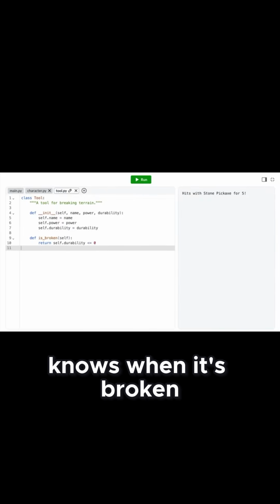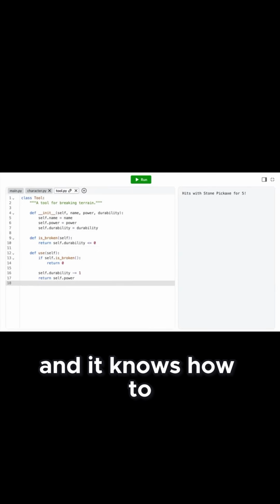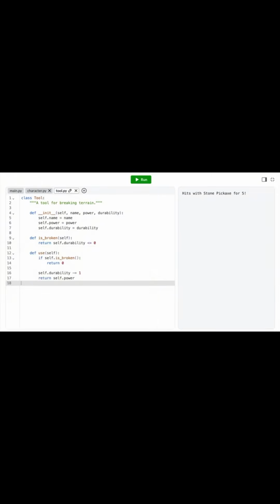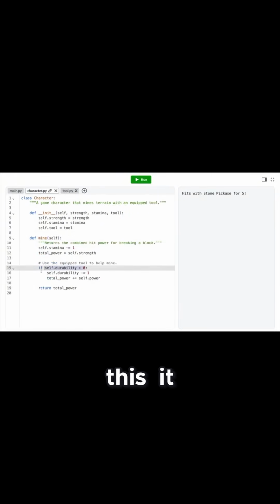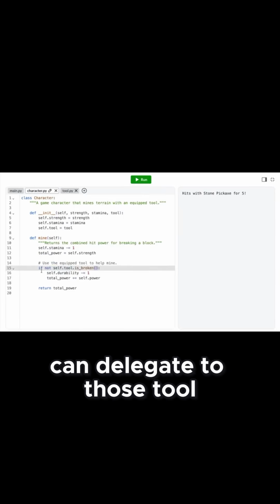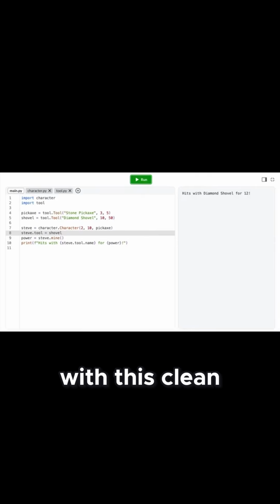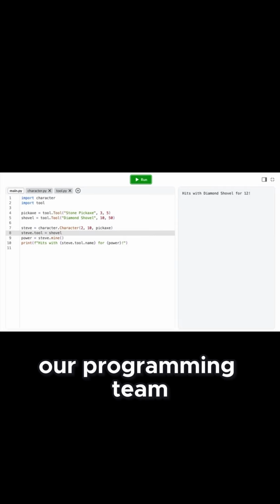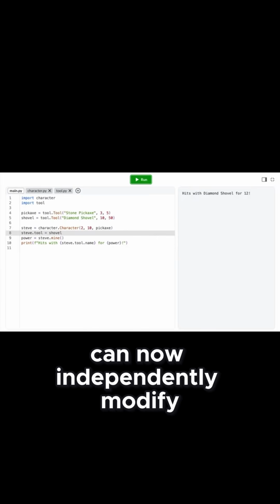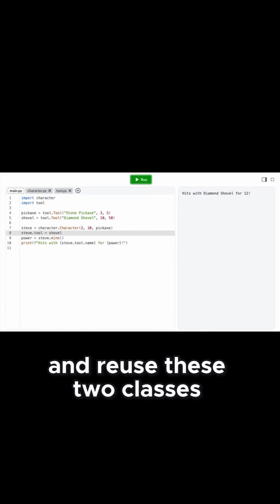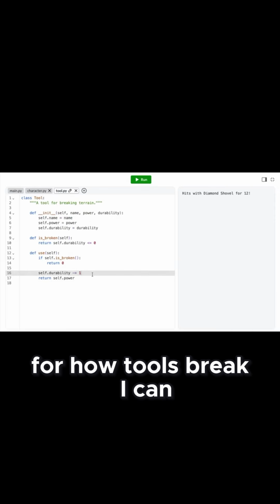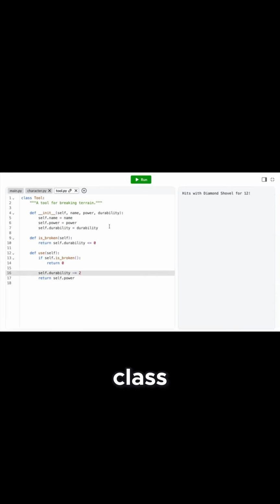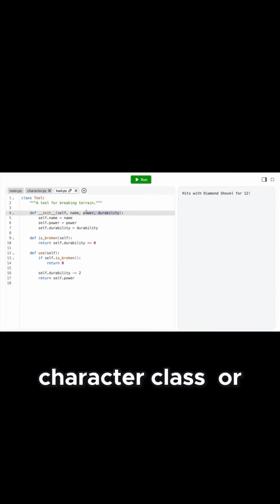A tool knows when it's broken, and it knows how to use itself. So then the character class doesn't have to think about this. It can delegate to those tool methods. With this clean separation of concerns, our programming team can now independently modify and reuse these two classes. If I want to change the formula for how tools break, I can update the tool class without worrying about the character class. Or